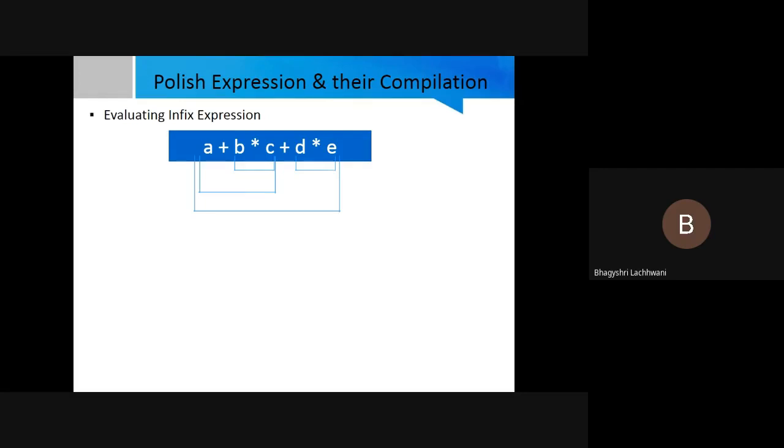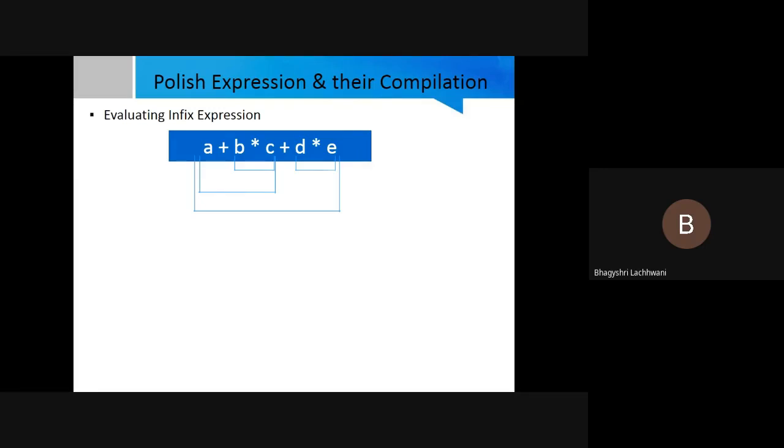The answer to this question is that you have to work, first of all, in a left to right manner. Second, you have to go according to the priorities of the operators. Now, as an example, if I'm comparing plus and multiplication, multiplication has the higher priority. That means first we have to calculate the value of the multiplicative factors. Then whatever the result is, we will add that result with another operand.